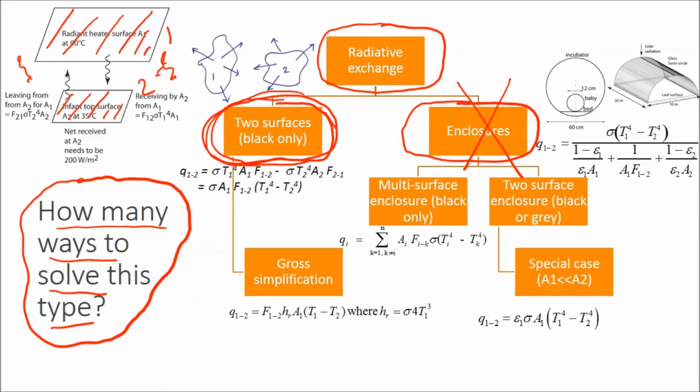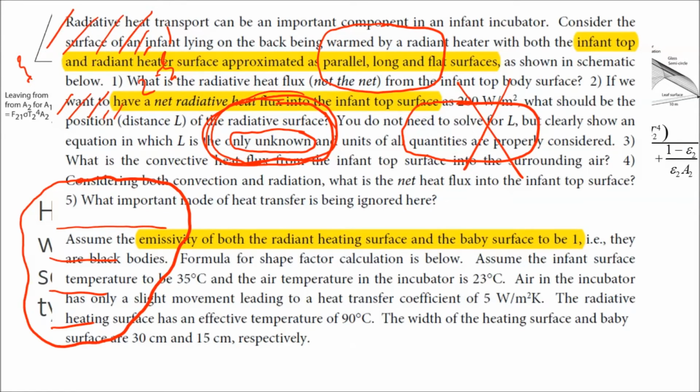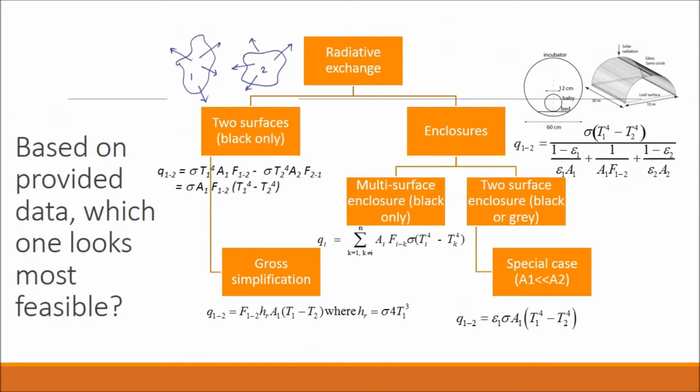Also, the only thing we have done for two surfaces is that the surfaces have to be black. This we have to make sure. Have we been given that? Let's look at the description of the problem. This is a bit messy here, but you see in the description of the problem, the emissivity of both the radiant heating surface and the baby surface is 1. That is the same as saying they are black. So now that we have these two choices,